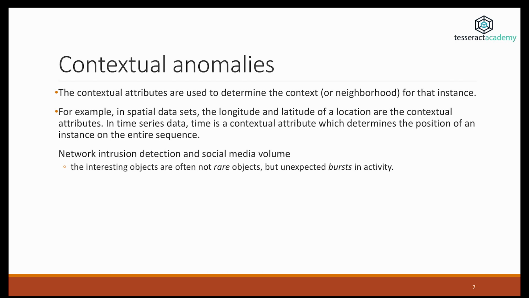Contextual anomalies are anomalies that are considered as such by taking the context into account. So for example, if we have data that includes the notion of space, then the latitude and the longitude are contextual attributes. In time series, the contextual attribute is time. So for example, let's say that you want to detect intruders in a network, or you want to detect spikes in social media activity. So what might make these bursts of activity special is what's happening around them. So maybe in a network you see not much traffic and suddenly you see a spike in traffic. It's the same with social media. So this spike wouldn't be anomalous if the traffic was very high anyway. However, if you have low traffic and the sudden spike out of nowhere, this is considered an anomaly.